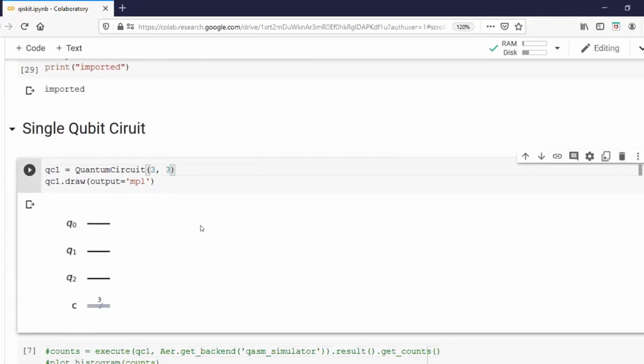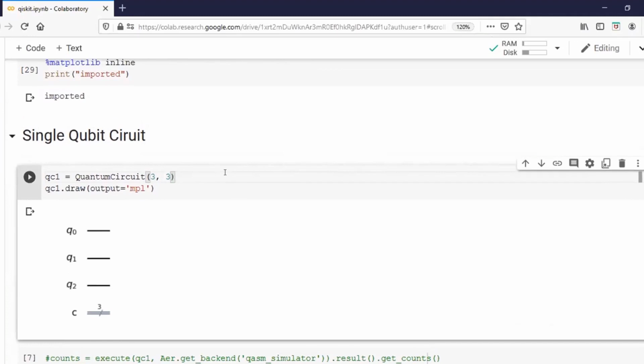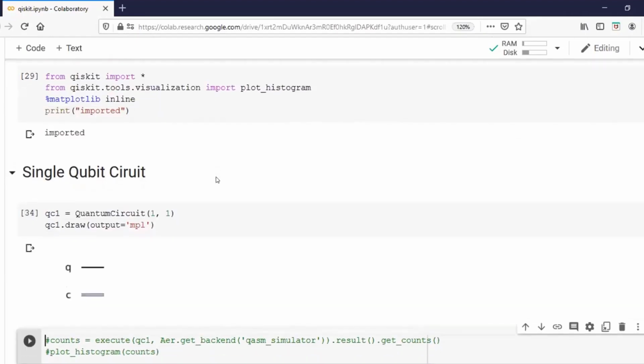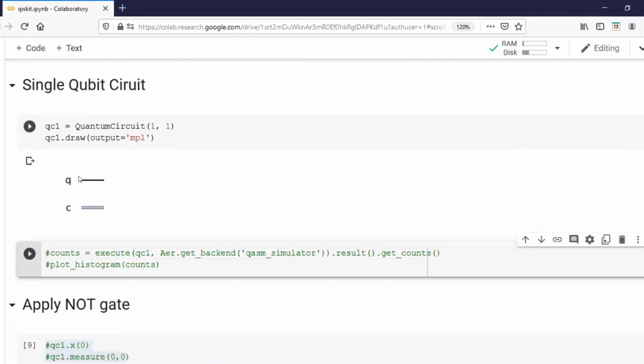As I said before, quantum particle or a subatomic particle, when I look at it, it gets itself collapsed. So we need a classical bit to extract the information. We cannot simply read the information from the quantum bit. We need a classical bit to extract it. That's why I'm adding one classical bit with one quantum bit. And this is how it looks like. Now this quantum bit will always have a 0 inside it.